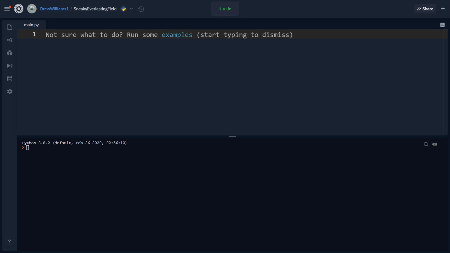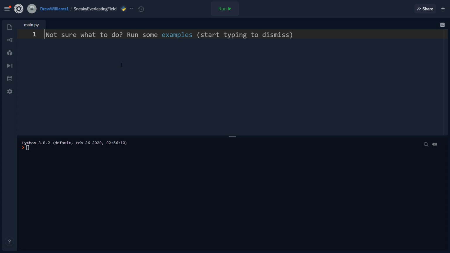Hello, everyone. Today we'll be going over a concept called input validation. Sometimes we will ask the user in a program to enter some sort of input. Oftentimes that looks like